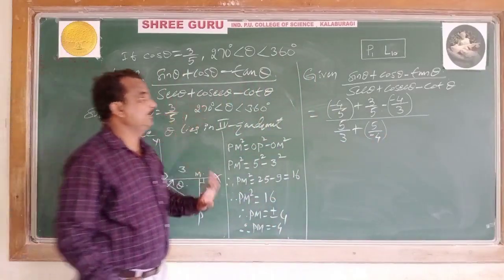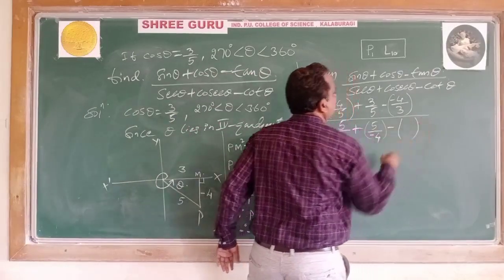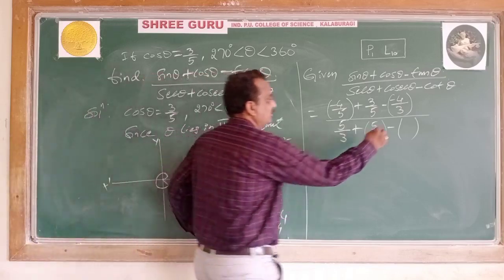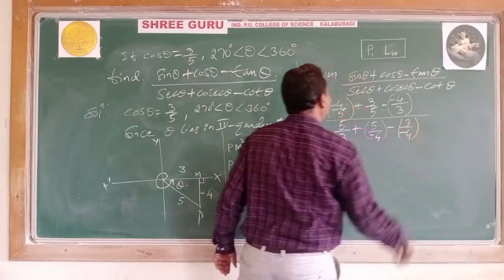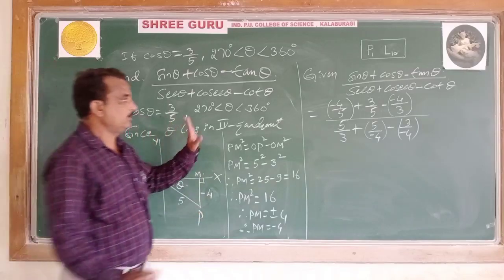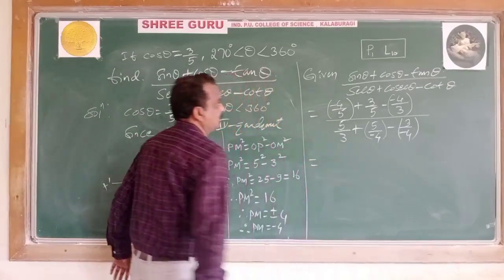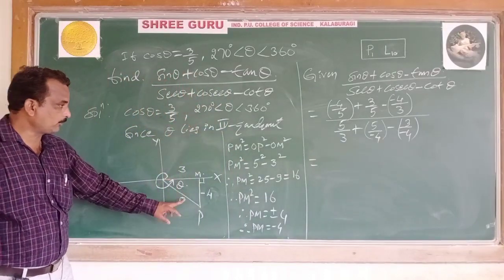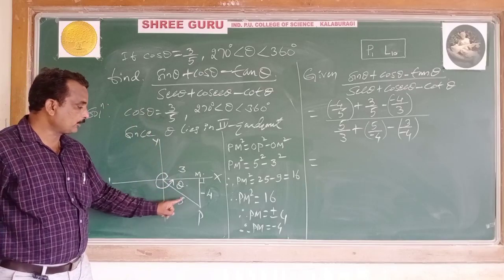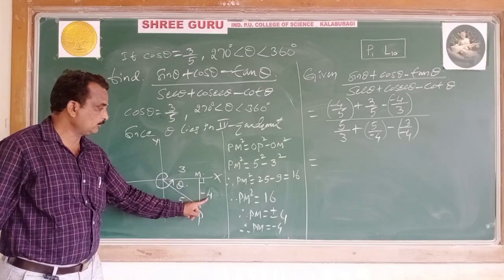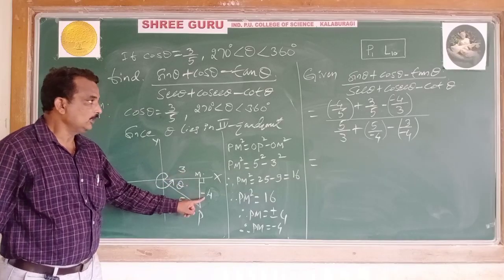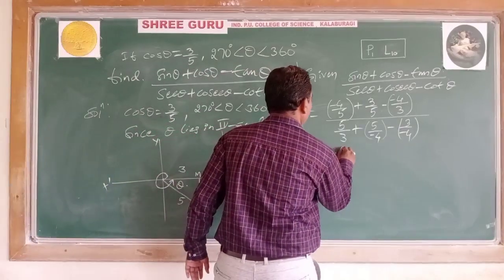Cosecant theta, minus of what is cot theta? Adjacent side by opposite side, that is 3 by minus 4. Clear, all of you students? Once again, I repeat, the denominator: sec theta, hypotenuse by adjacent side, 5 by 3. Cosecant theta, hypotenuse by opposite side, 5 by minus 4. Minus cot theta, adjacent side by opposite, 3 by minus 4. Simplify: minus 4 by 5